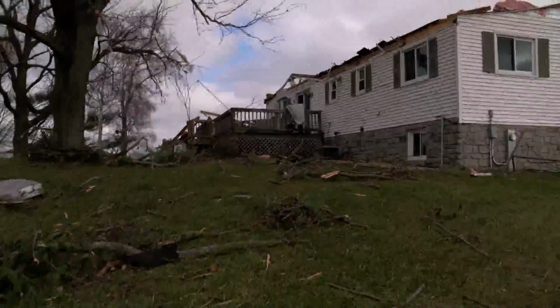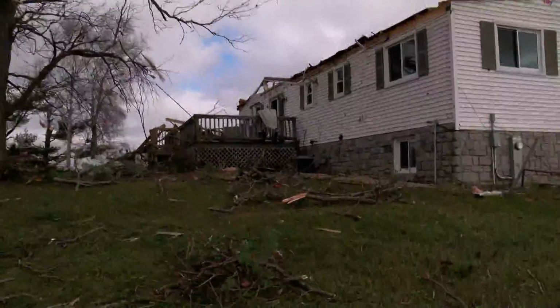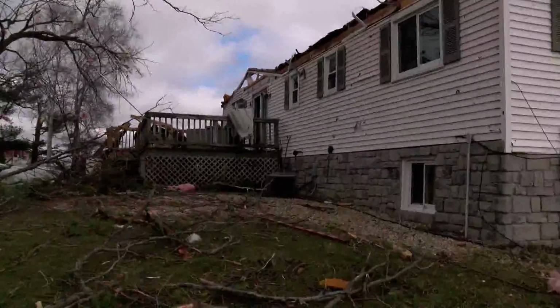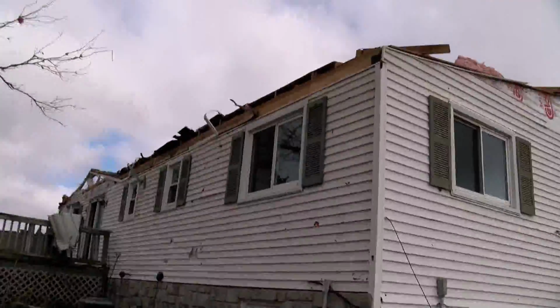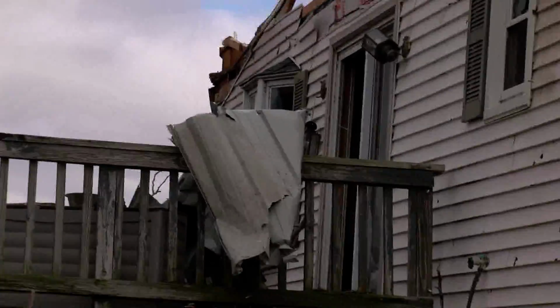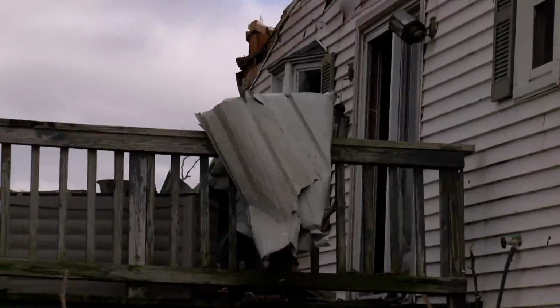A little bit better of a view here. Some of the windows are shattered. I mean, this area is just a complete mess. We talked to the homeowners a few minutes ago, some of the family members who were told they went to the basement. Thankfully, last night, the minute that they saw the tornado coming this way,